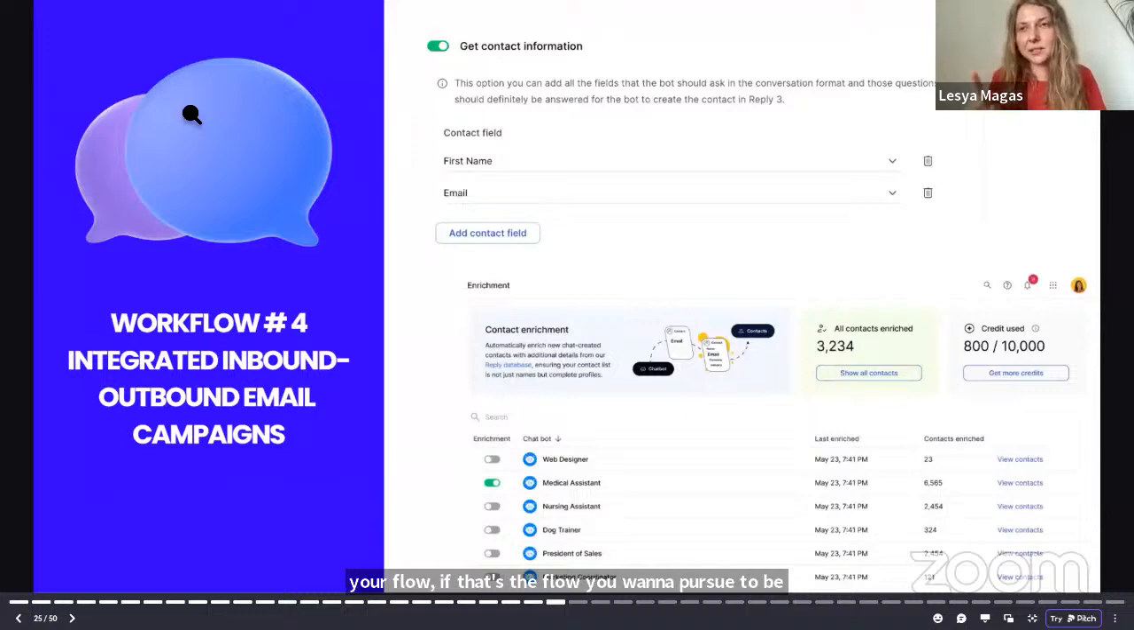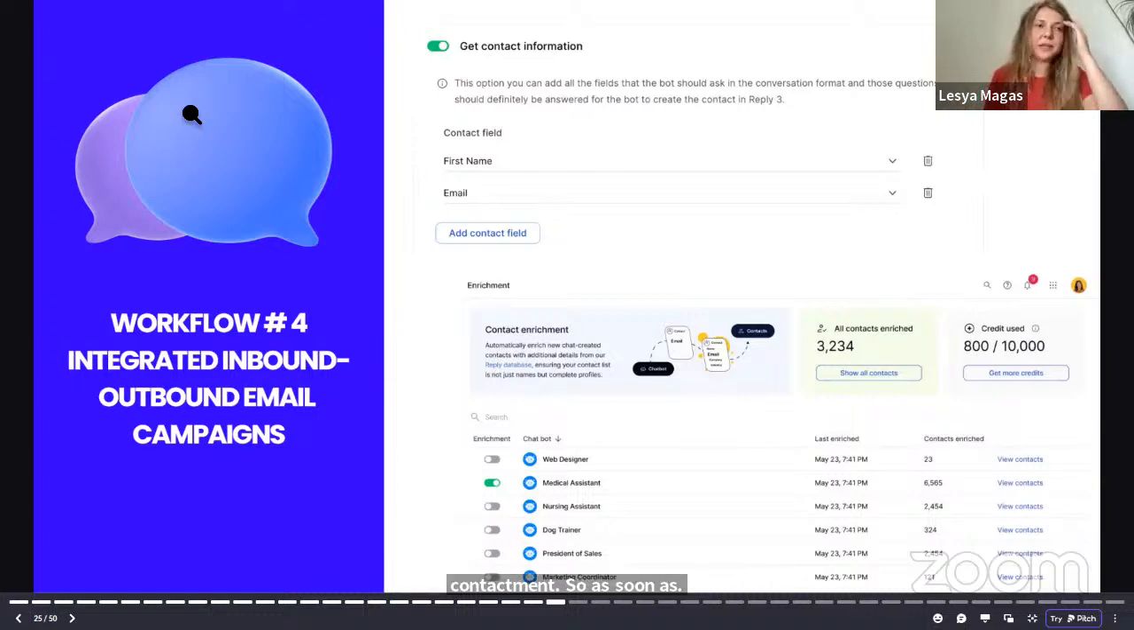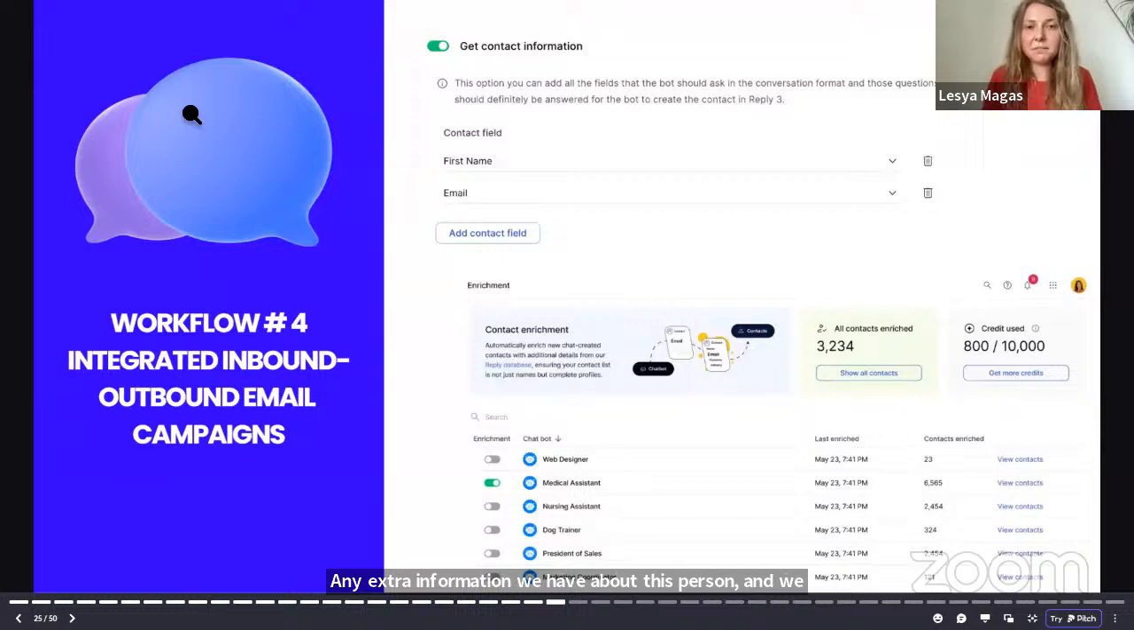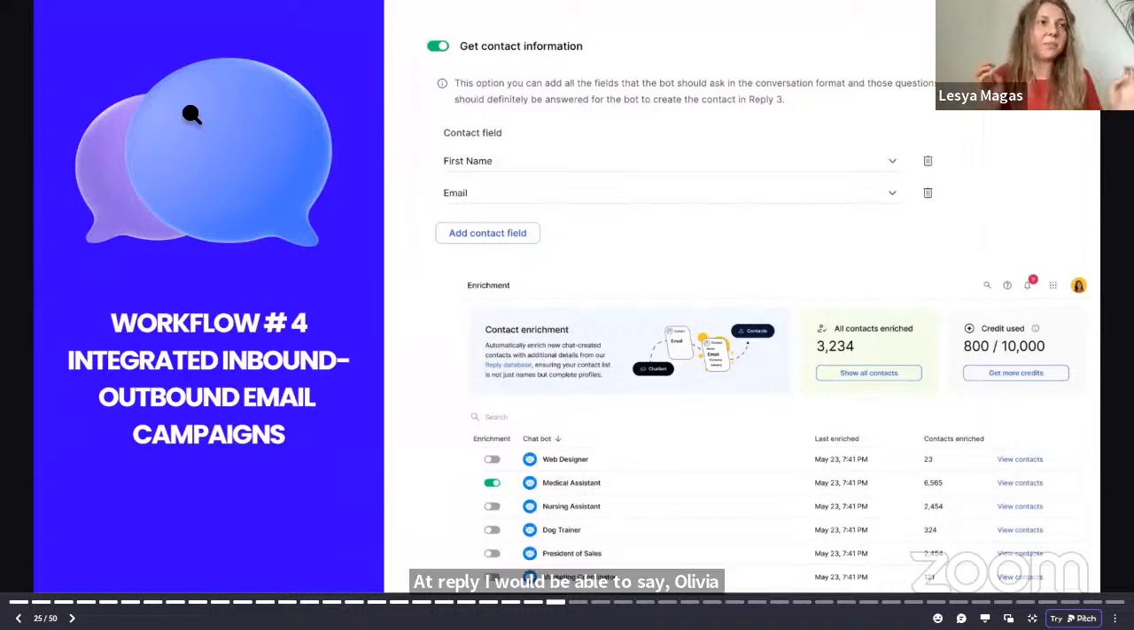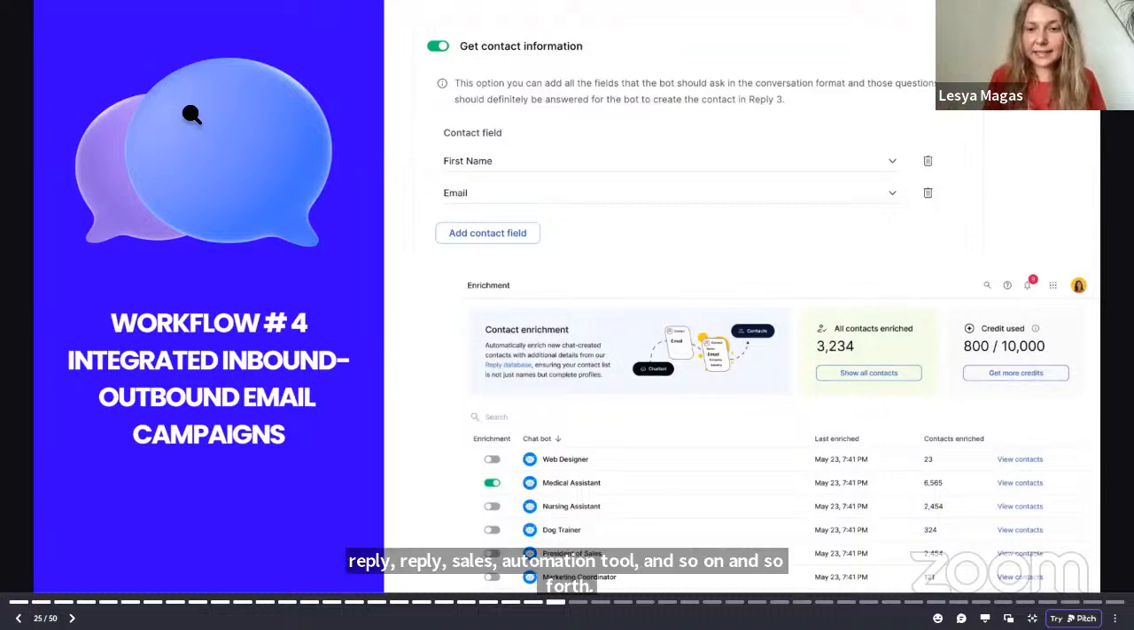What else is coming? This is not yet out in production, but it's coming this summer, is the contact enrichment. So as soon as a website visitor provides their email address, you can enable contact enrichment, and we check against our database any extra information we have about this person, and we immediately fill it in. So for instance, if I got in my chat Olivia at Reply.io, I would be able to say Olivia Milton, CMO at Reply, Reply is a sales automation tool, and so on and so forth. So I have already a contact that is enriched, easier to work with. Then,